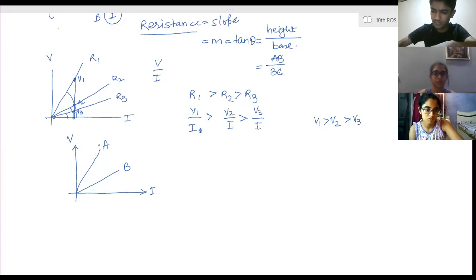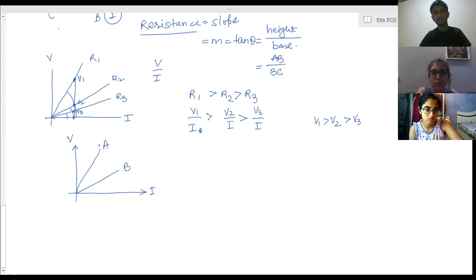Series takes more resistance. Yes, the same resistors when connected in series and the same resistors when connected in parallel. Obviously, in the series combination, the total resistance is higher as compared to parallel. So series is higher. Which of A or B shows the higher resistance? A shows the higher resistance. So A is the total resistance of the series combination.